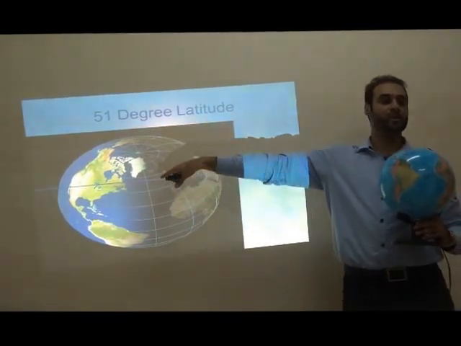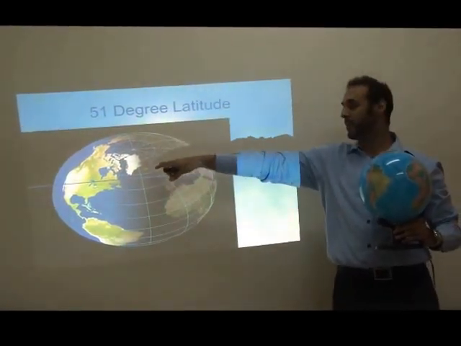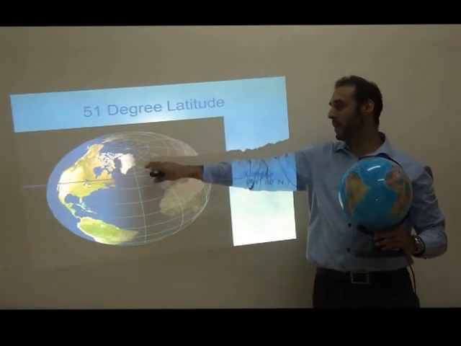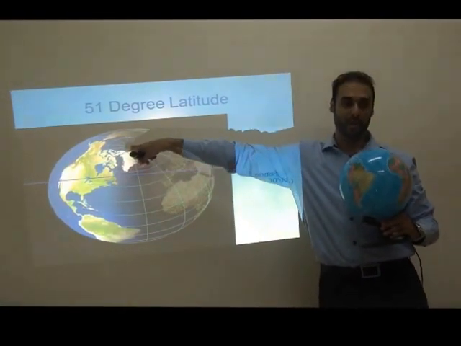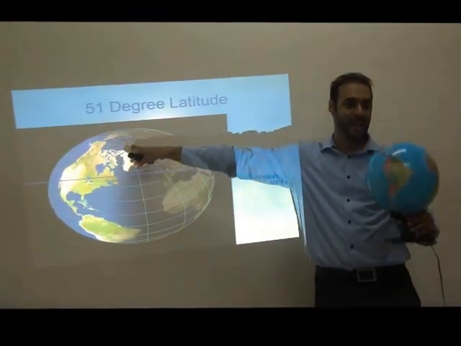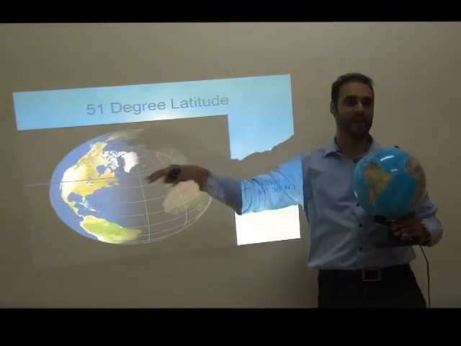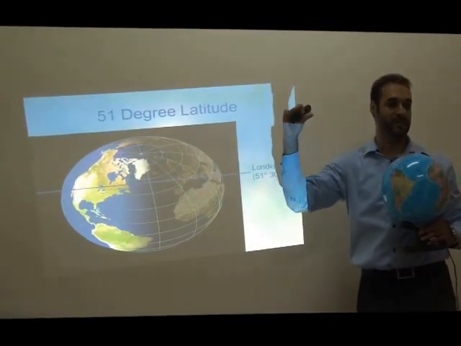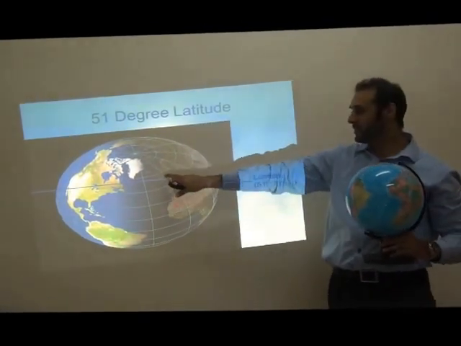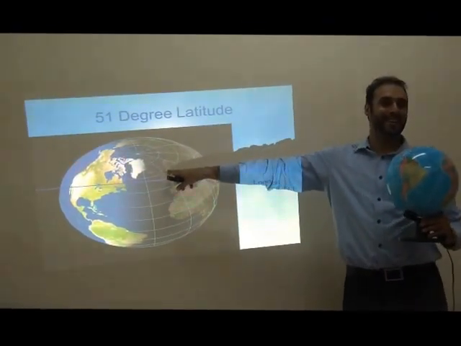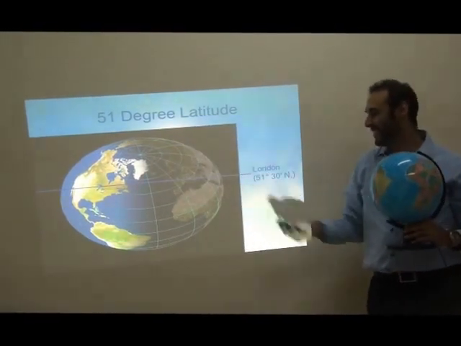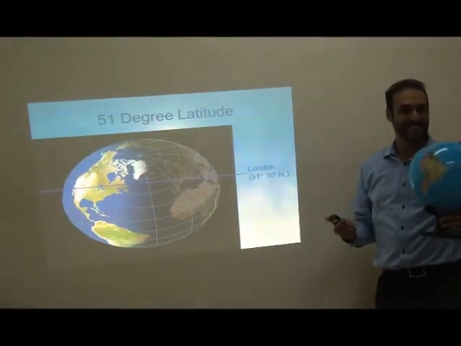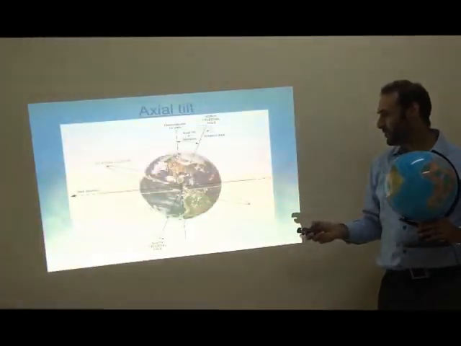When you get to England, you get 2 months, and as you carry on, Scotland 3 months, and you carry on past the Arctic Circle, and when you get to the North Pole, you get 6 months of perpetual daylight where the sun doesn't descend below the horizon, and in the winter you get 6 months of darkness where the sun never rises above the horizon. So the Muslims in Norway, Sweden, Denmark have a big problem. If you think we've got it bad in England in the summer, what do those poor guys do?